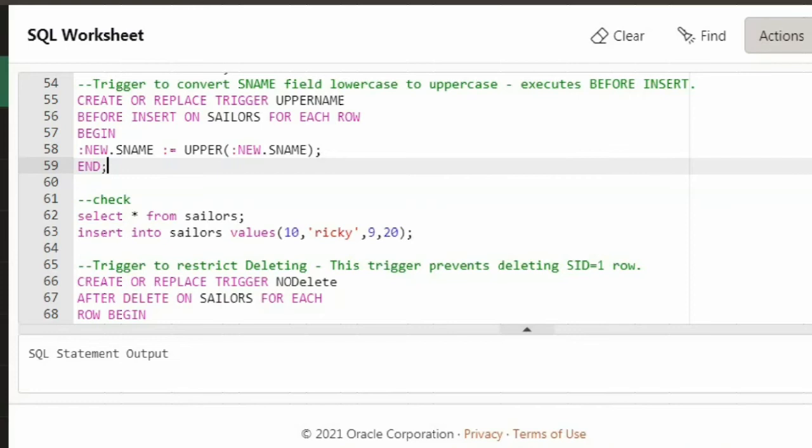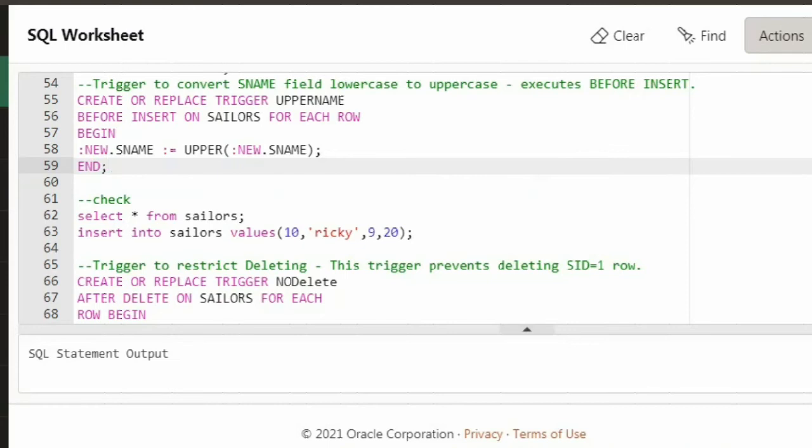The triggers can be defined on a table or a view or a schema or a database with which the event is associated.